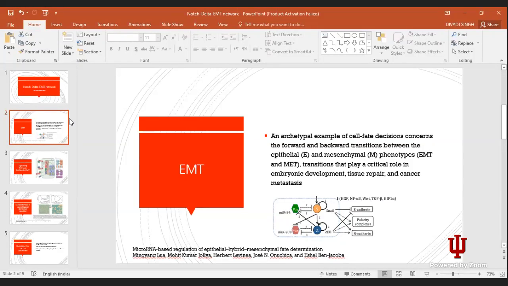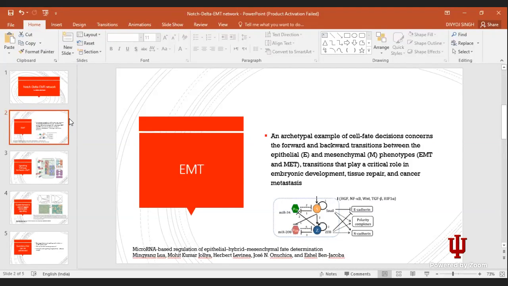There is this phenomenon of epithelial to mesenchymal transition, which is associated with cancer growth and development biology as well. Say there is a cancer tumor,